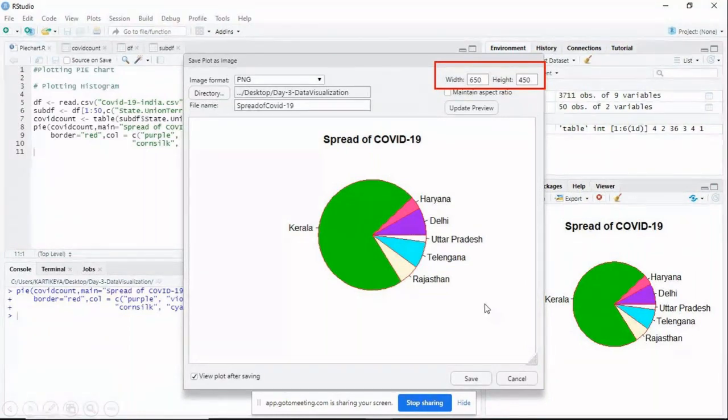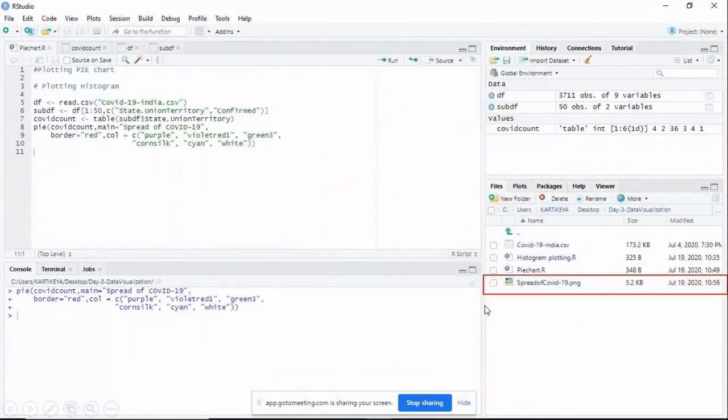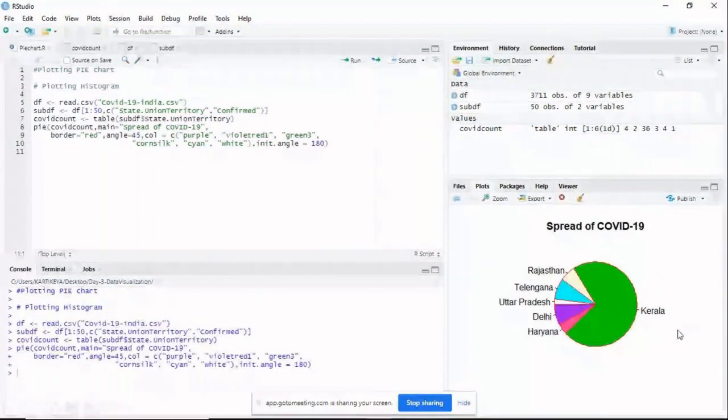Okay, suppose I want to display it in flipped condition, that means I want to flip it 180 degrees. So if I want to display like this, Kerala on this side and the remaining states like this, we can give an extra parameter in your pie chart, init dot angle is equal to 180.